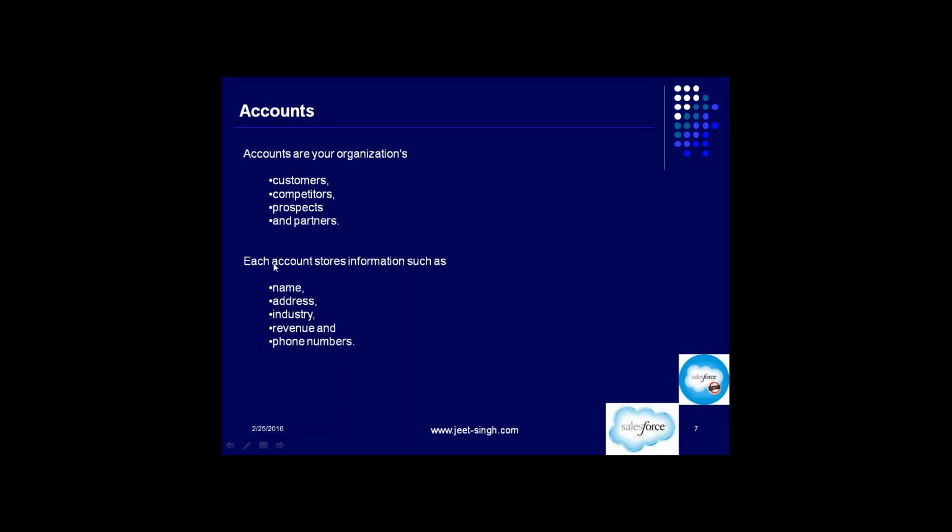Each account stores information such as name, address, industry, revenue, and phone number. So these are all the information which are stored for a certain account. Got it? Like name, address, industry, phone, revenue, how many people work for that particular account, right? So an account is the entity with which you are doing business,